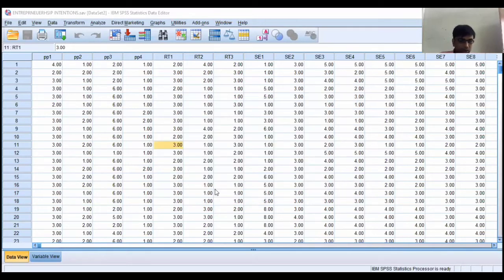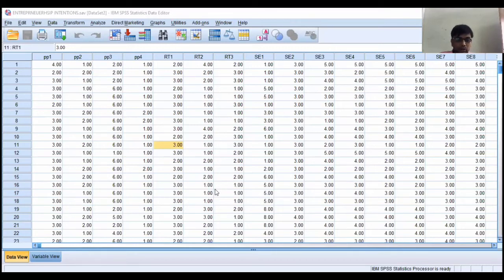So this is the reliability. You can see it is displaying the reliability value of the scale with the help of Cronbach's alpha. You can see it is 0.894, which shows this scale is reliable. This value should at least be greater than 0.6.